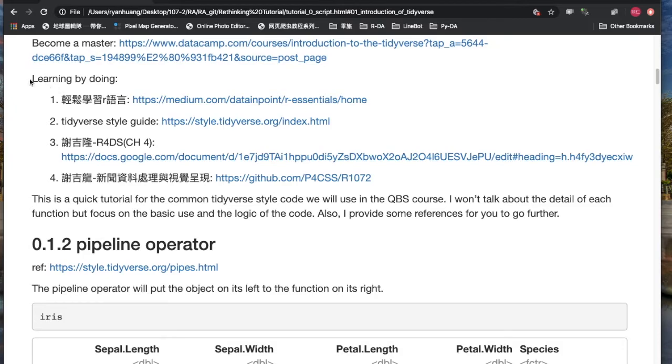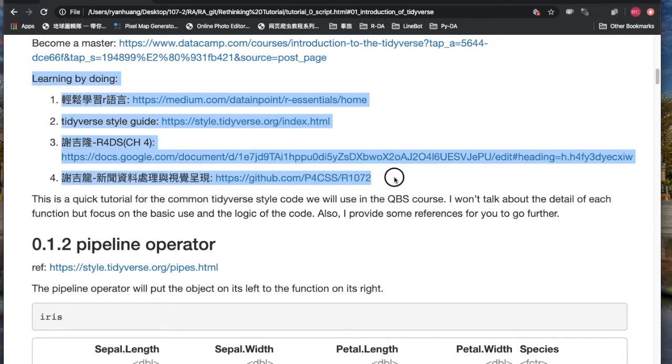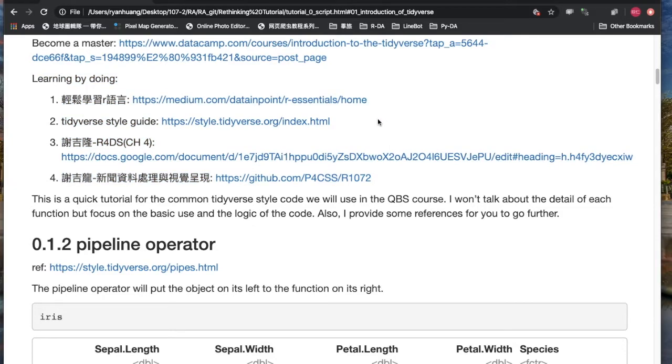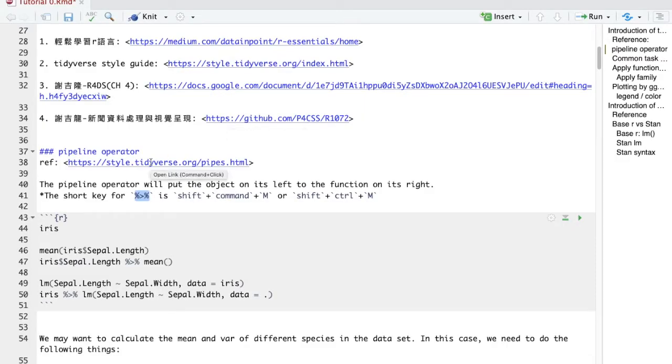And I also found some very useful references, both in English and Chinese, here. If you have any problem or you want to learn Tidyverse in a more structured way, you can check out these documents. The first thing I'm going to introduce is the pipeline operator,